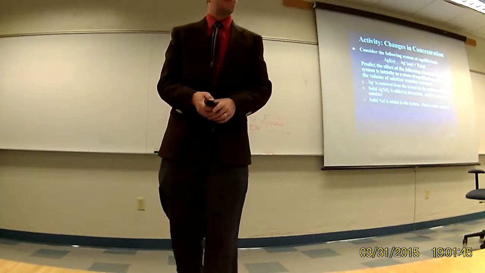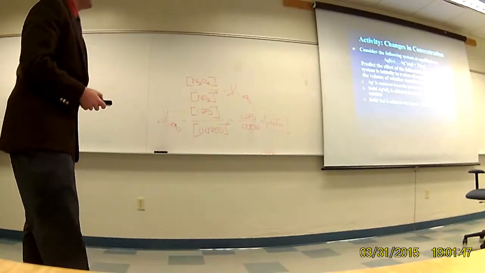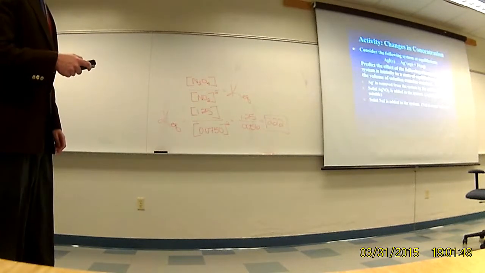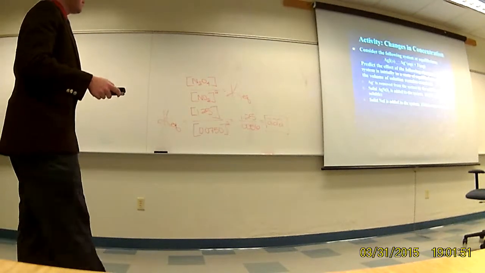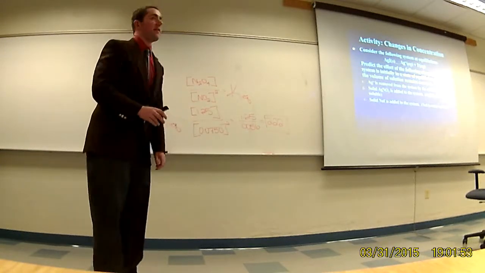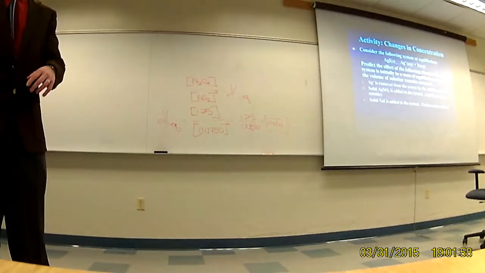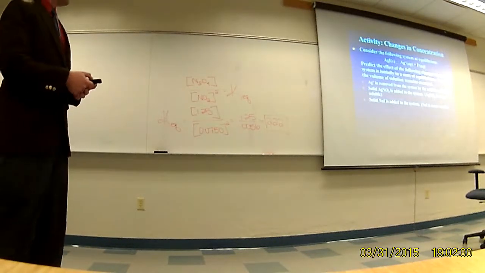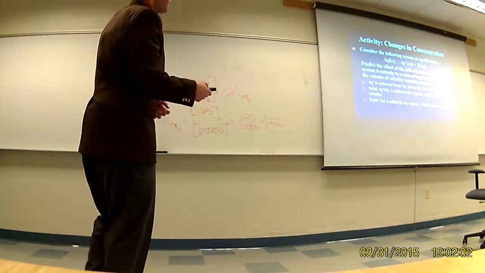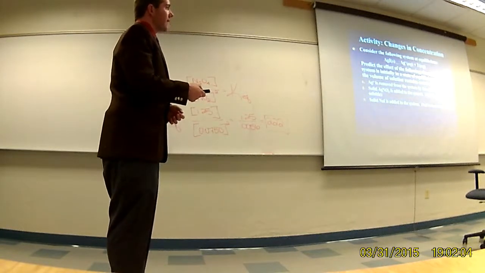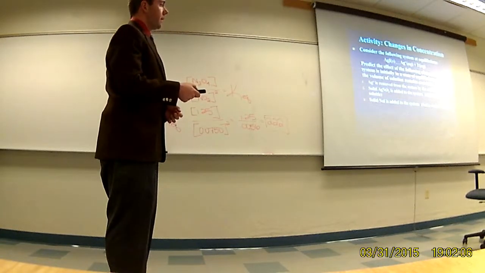So here's an example of a type of problem you would use this for. Here's our equilibrium. We're going to do some different things to it. We just have to say whether the reaction is going to shift left, right, or not shift at all. So here's our reaction. If we remove silver ion,